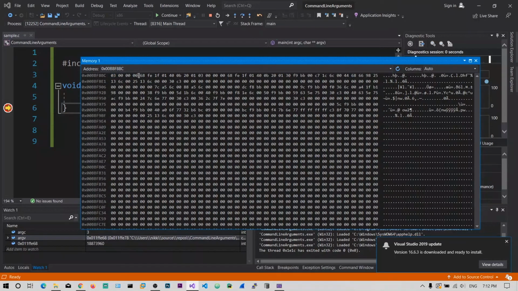So how do we see our actual arguments, hi and hello? One way is to copy and paste this address right into here, 0x011FFE68.